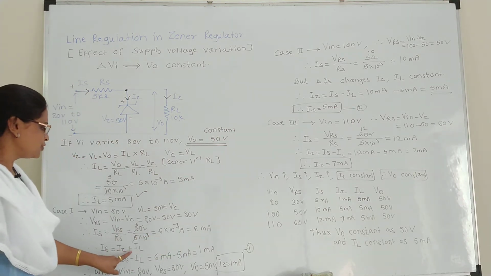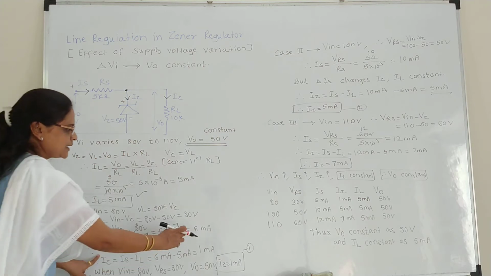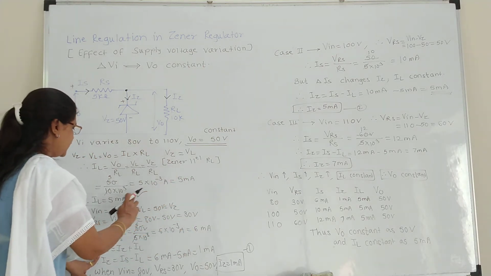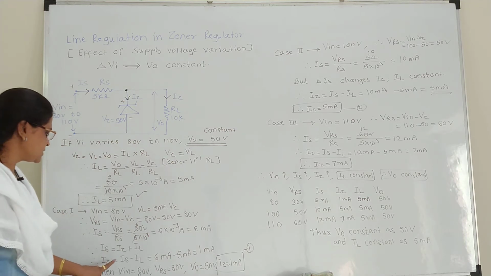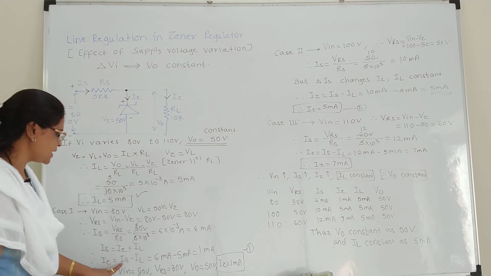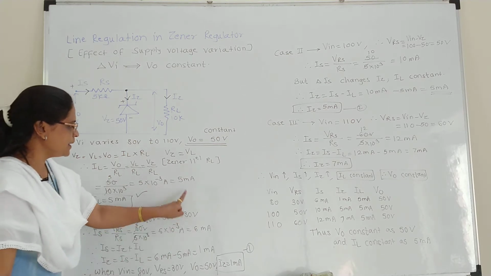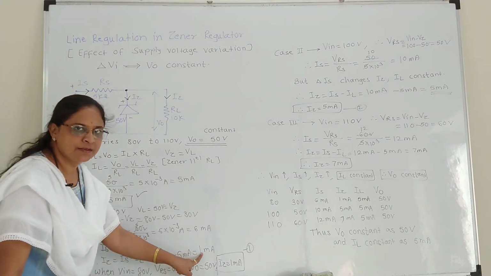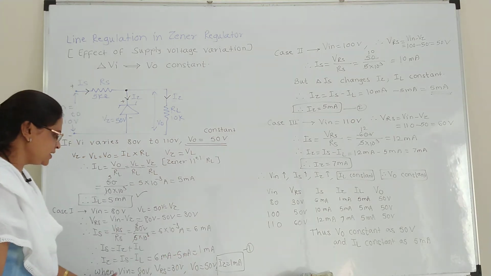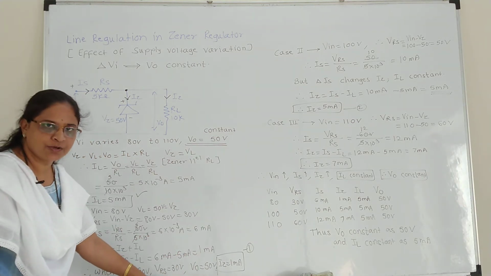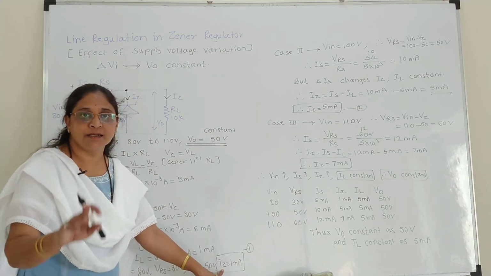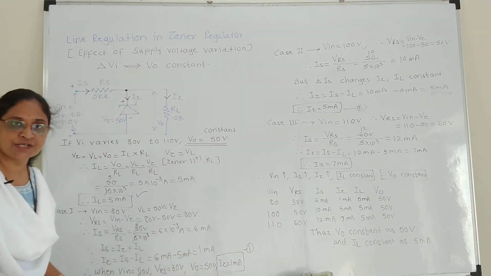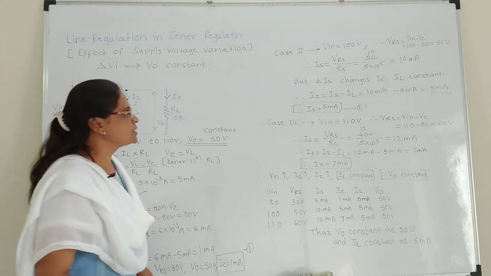As IS is equal to IZ plus IL, IS we calculated as 6 milliampere, IL is 5 milliampere, it will remain constant. So IS is equal to IZ plus IL, therefore IZ is calculated as IS minus IL, 6 milliampere minus 5 milliampere, it remains 1 milliampere. When Vin is 80 volt, the voltage drop across RS is 30 volt, output voltage 50 volt, IZ 1 milliampere. This is the first calculation. Second calculation, consider